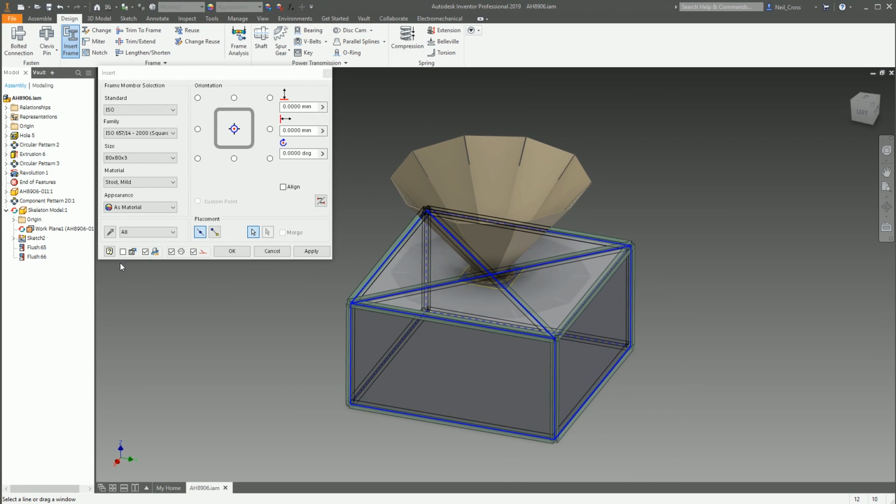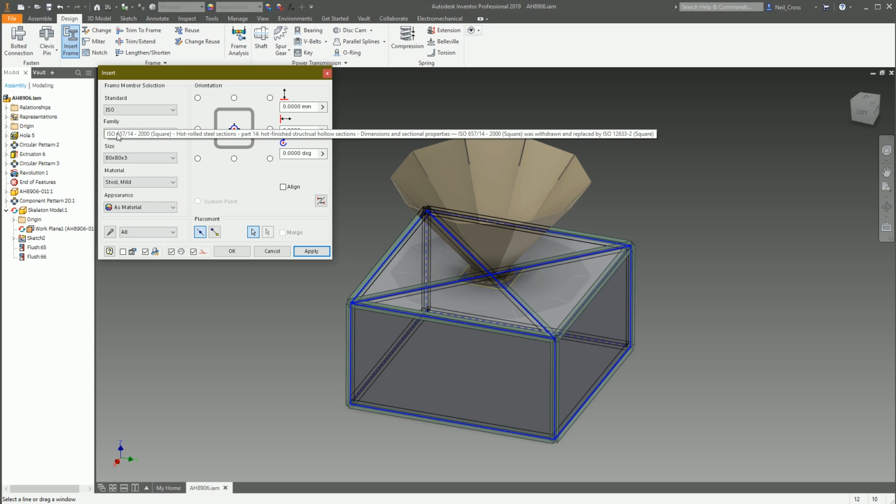And what I've done is unticked this box here. And I know this is getting quite detailed, and I don't know how many people are going to get this at this point, but each of the frames that it places, each one of these needs a part number, and how that part number is generated is entirely dictated by this tick box. If this tick box is ticked, the part number for all of the frames will be generated from whichever expression is created in the family table in the content library, which if you haven't tinkered with it and you leave this box ticked, your part number will be ISO